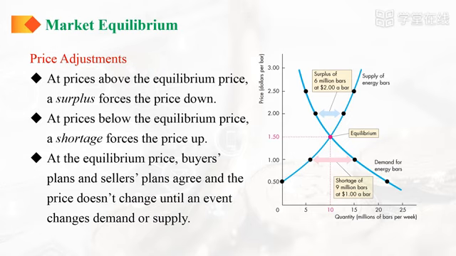Above are the contents of the fifth section. This concludes the whole framework of this chapter. It has analyzed demand and supply in a single market. Our discussion has centered on the market for energy bars, but the lessons learned here apply to most other markets as well. Whenever you go to a store to buy something, you are contributing to the demand for that item. Whenever you look for a job, you are contributing to the supply of labor services.